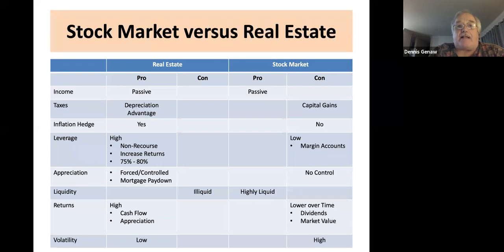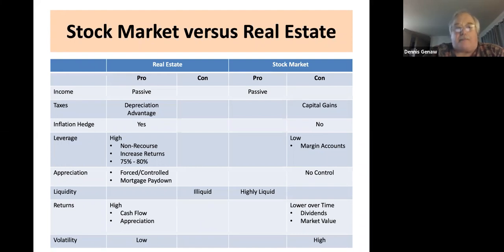So with that said, how do you compare the stock market versus real estate? It's hard to, because there's a big history with the stock market on how much of a return it can generate over time. But in real estate, it's really property specific. It's hard to generalize what overall average returns are for real estate so that you can compare that directly to the stock market. So I took a look at some of the main categories you would want to be concerned about as an investor in a real estate syndication, and let's talk about them from both the real estate and the stock market perspective.